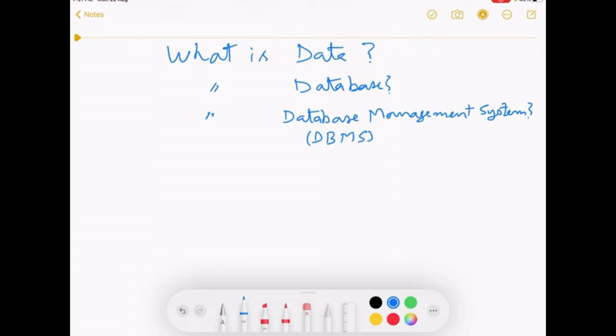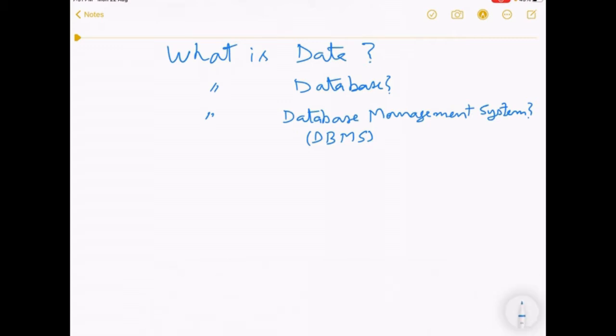So first we start with what is data. If we try to describe what is data formally, then we may have some difficulty in its formal definition. But if we start from examples, then you will find that it is easy to understand, and later on you can formalize it with appropriate words.